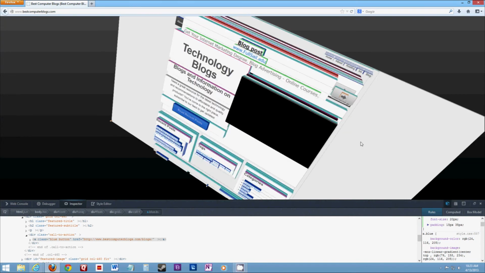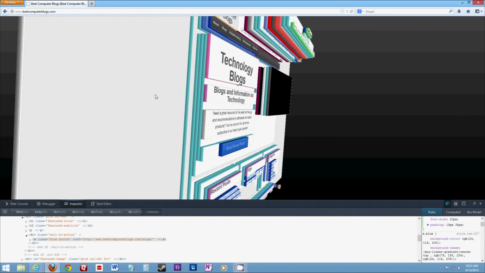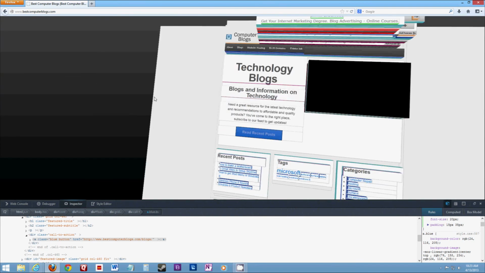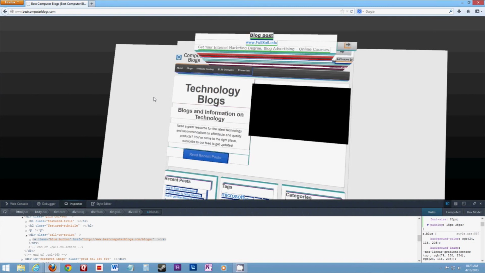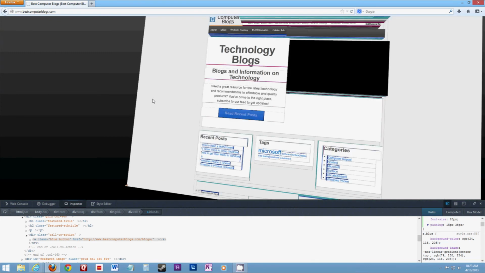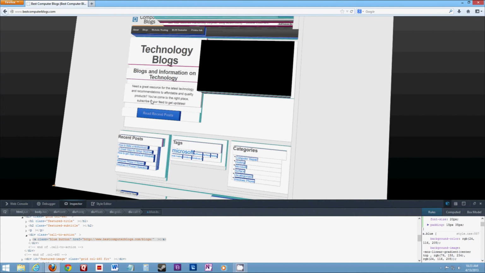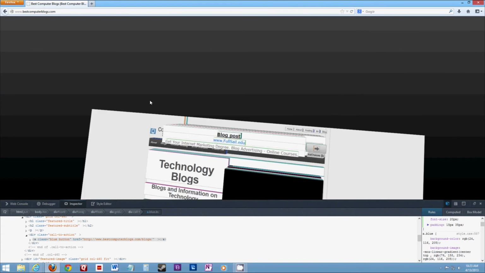What this lets us do is, with our mouse, click and drag the website around, and with the arrow keys we can move left to right and up to down. It's actually inverted, so it's a little confusing at first. You basically just visualize the arrows are moving the page, not your view,